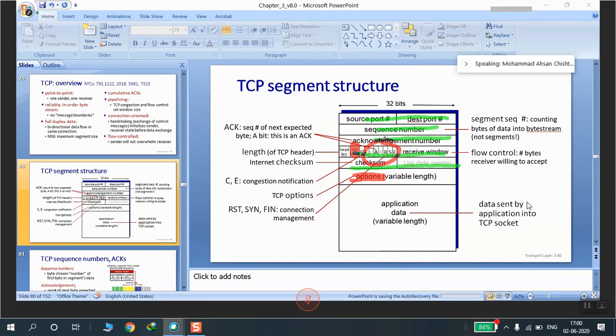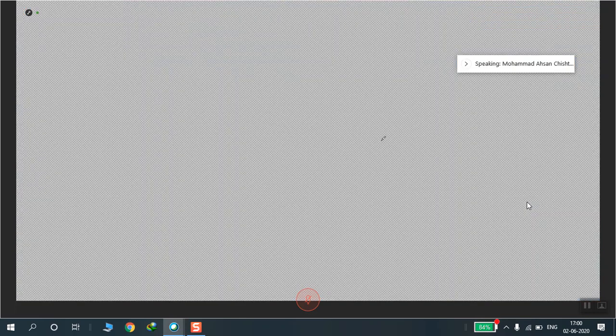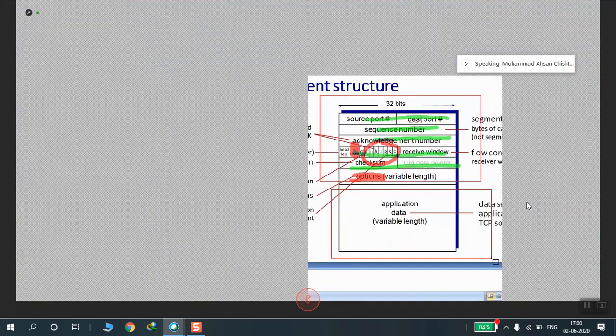What is a pseudo header? A pseudo header consists of the source IP address, means network layer, the destination IP address, the protocol number for the TCP protocol, that is 0x0006, and the length of the TCP header including the payload, in bytes.